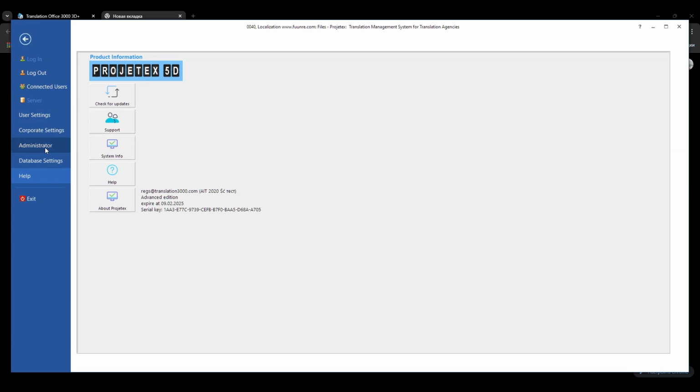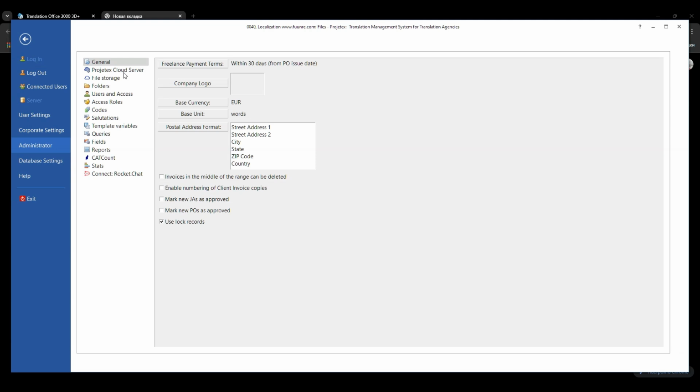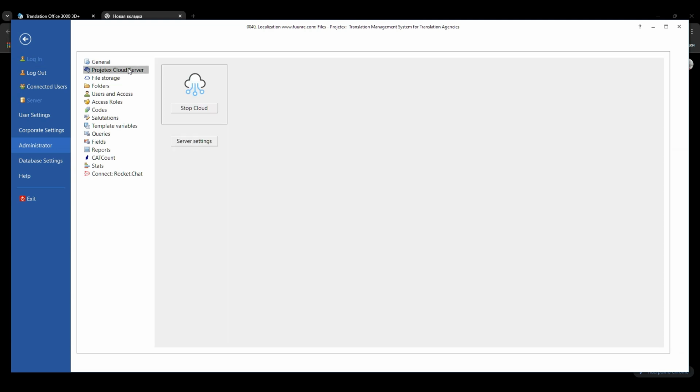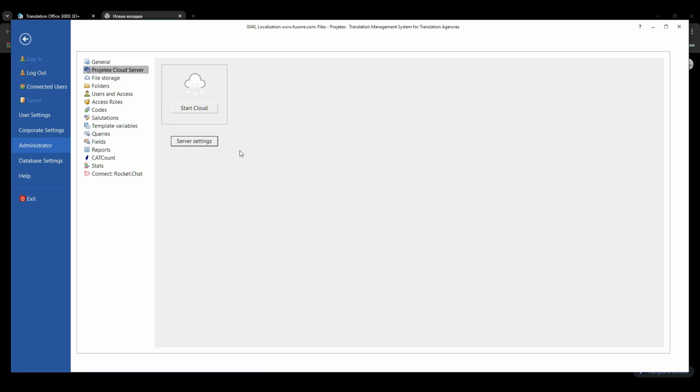Open Settings, Administrator, then Projetex Cloud Server, and stop the server to allow changes. In the external field, enter the correct server address. Let's assume our server's local network address is 192.168.100.2. After saving the settings and restarting the server,